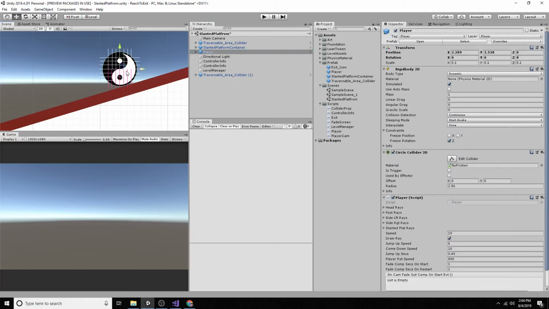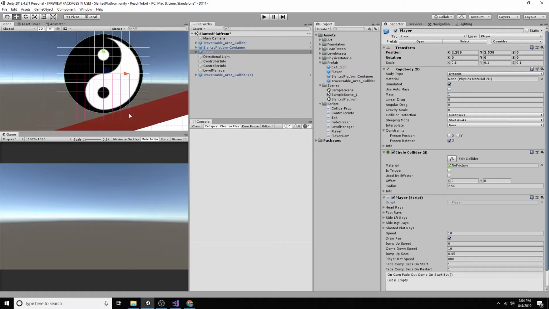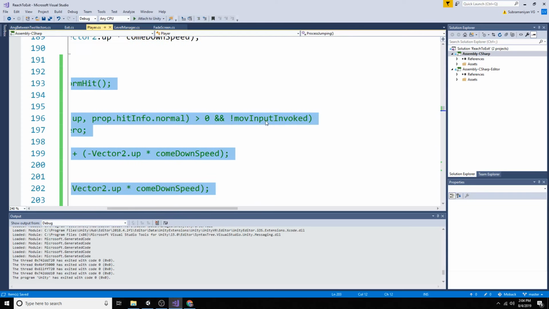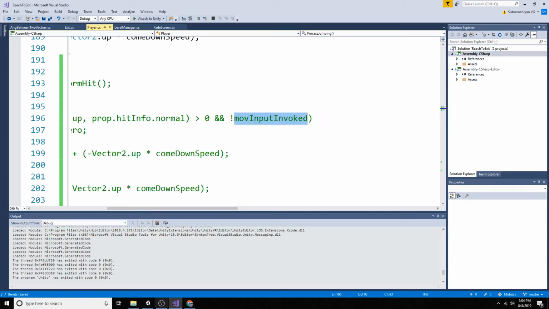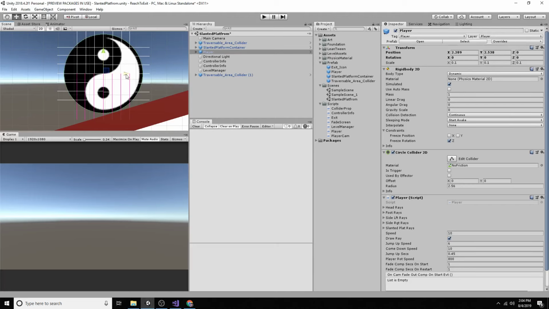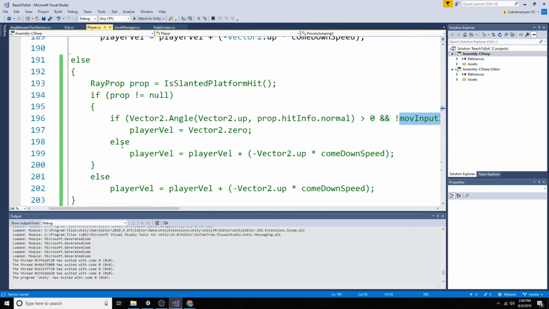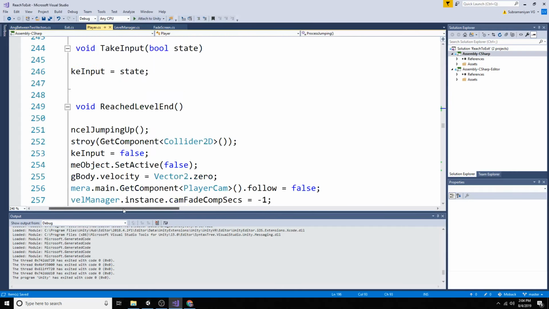So on this frame, assume the player is here and this ray is touching the ground, and this is a slanted platform, and assume on this frame itself the player had given a command that our character has to move left. So what will happen is, even though it is touching the ground, since the user had given input, the player velocity won't be set to null, meaning this condition, one second,